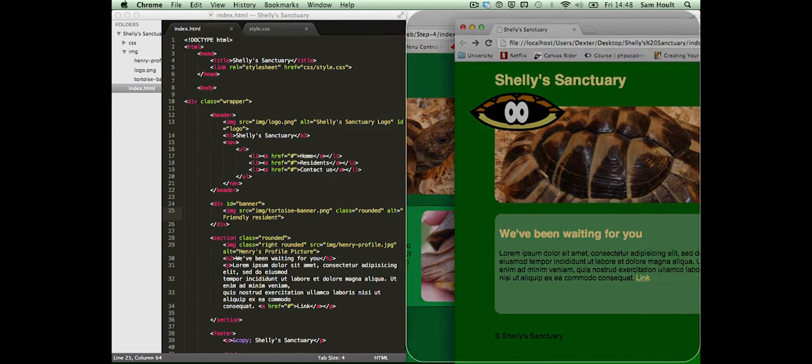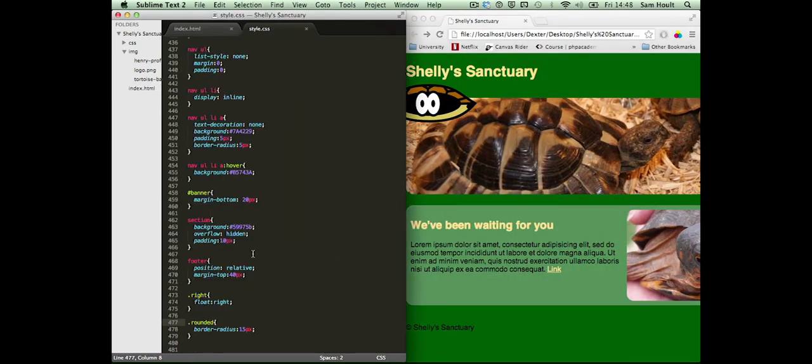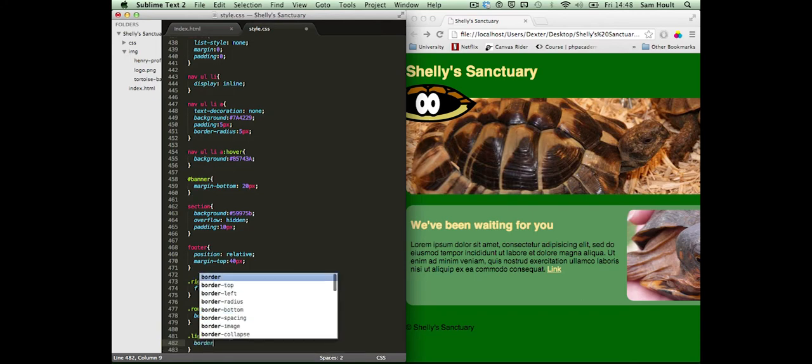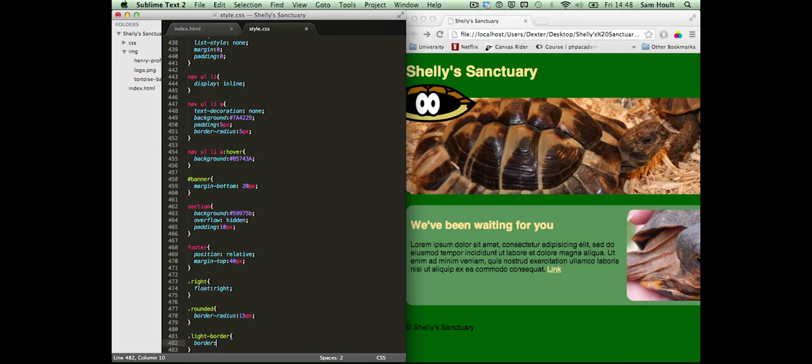But now using that same concept, let's make a reusable border. We'll call it light border. You can call it whatever you want, as long as you remember it for when you want to refer to it later. I like to use names that I can understand, so light border, because I'll only use a certain amount of colours on a page, and if I want this border to be light, then I can use the light one. If you've got multiple colours of a border, you may just want to call it a class of border, but we'll give this a